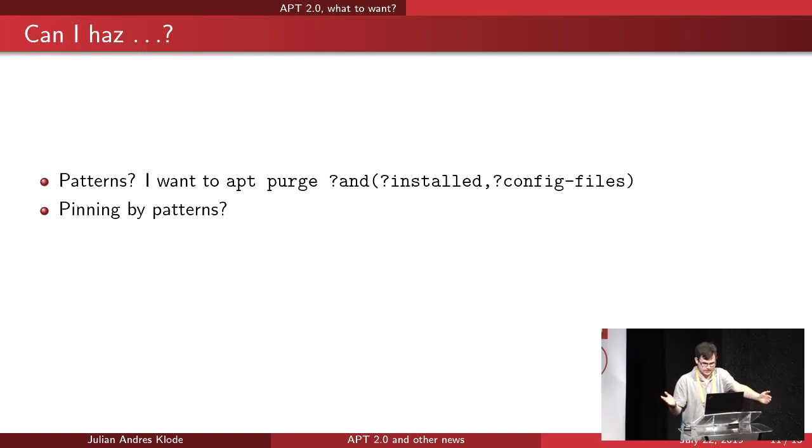Or you could search by description, search by version, or search by source package. That would be really nice because it enables you to do a lot of more complex apt installs or removals on the command line without having to apt list or apt search or dpkg -l something and then pipe it through various stuff and then xargs it to apt.